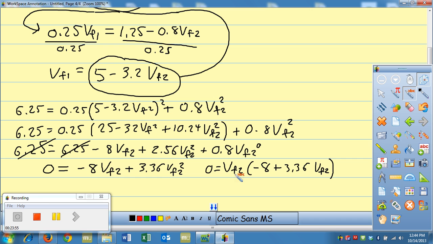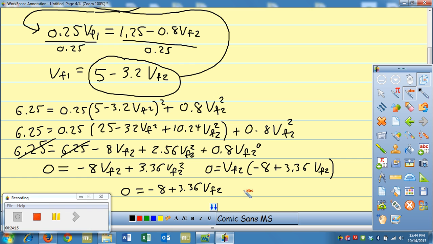All right, so either VF2 equals 0 or it's the solution to this here. I'm going to choose this solution, okay? So I'm going to say that 0 equals negative 8 plus 3.36